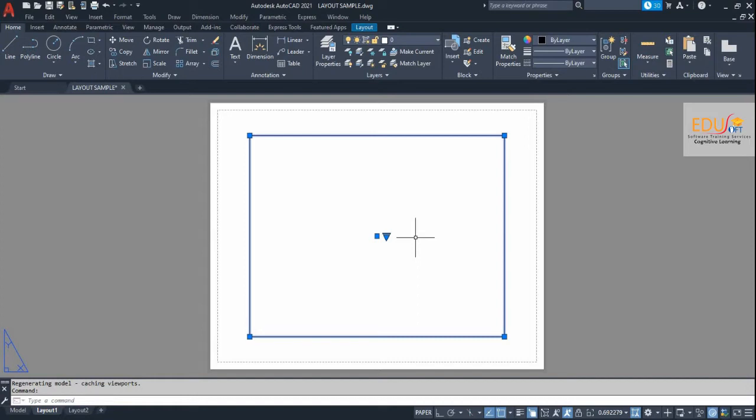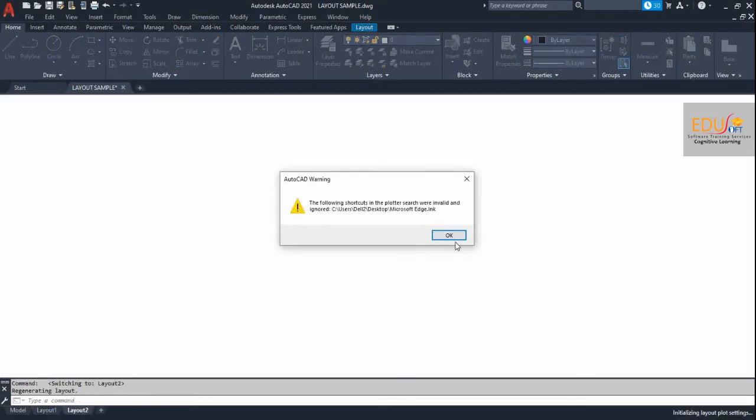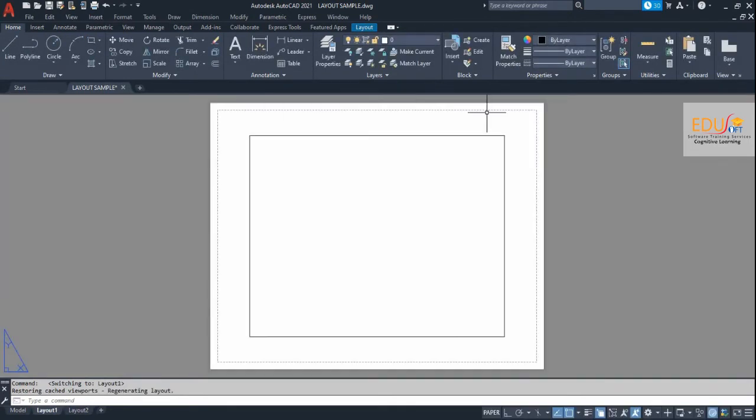You can use multiple layout tabs to display details of various components of your model at several scales and on different sheet sizes.